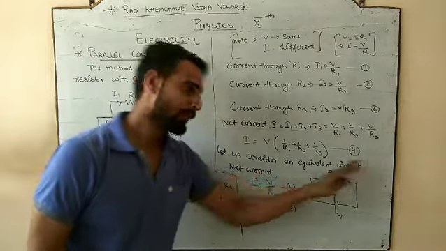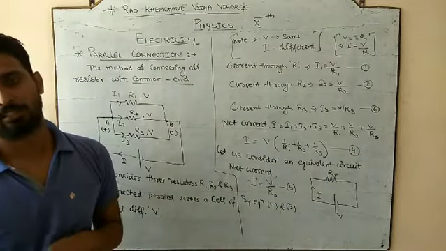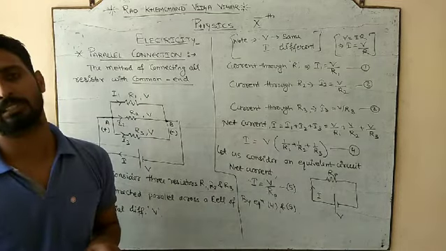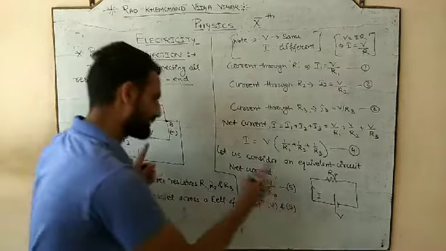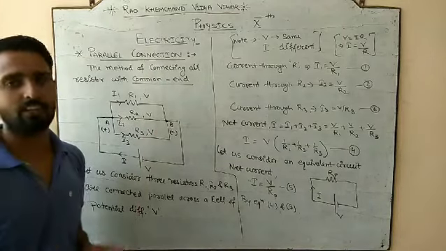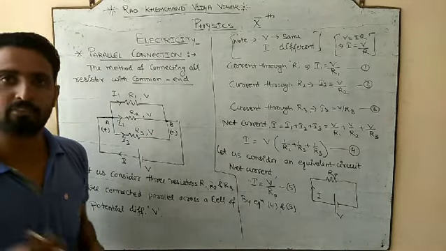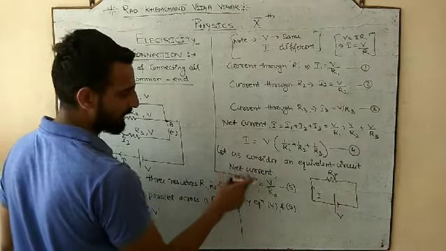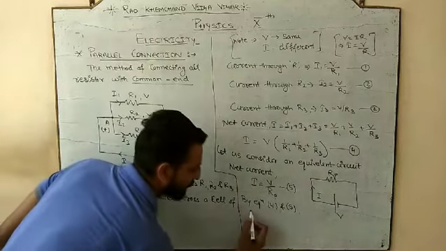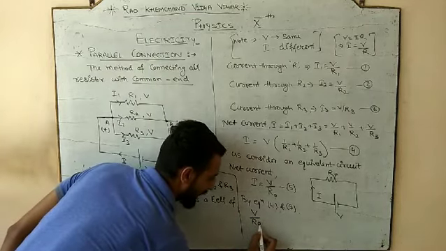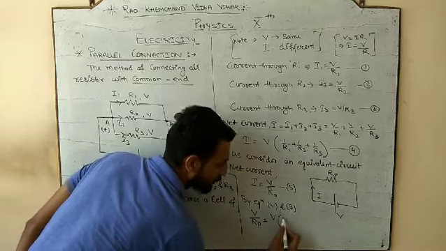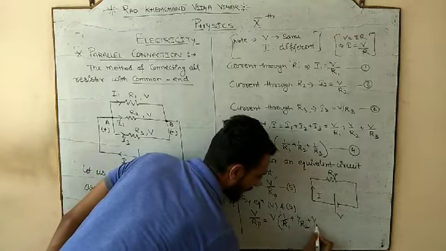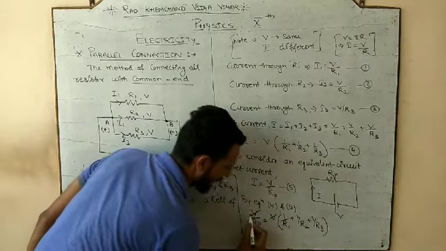Now again, by equation 4 and 5. Equation number 4 is providing us the net current through the circuit. Equation number 5 is also providing the net current through the circuit, and both the circuits are considered as equivalent. दोनों को एक जैसा ही माना गया है, equivalent. And if they are equivalent, so if we compare 4 and 5, if their LHS are equal, their RHS should be same. So V by Rp should be equal to V into 1 by R1 plus 1 by R2 plus 1 by R3. V cancels with the V.